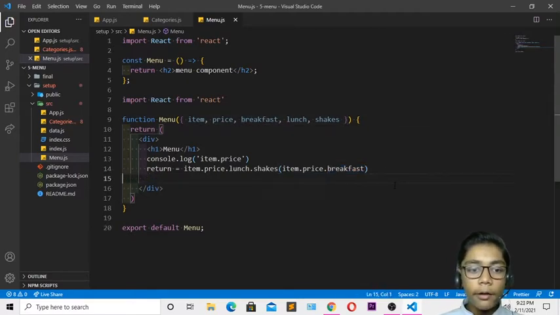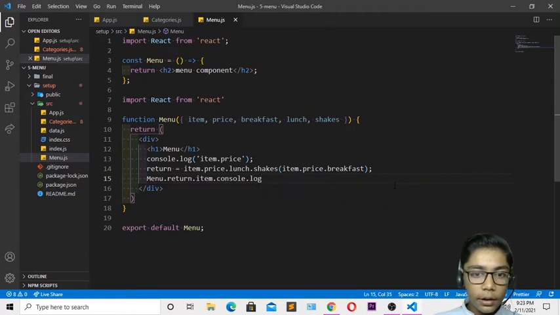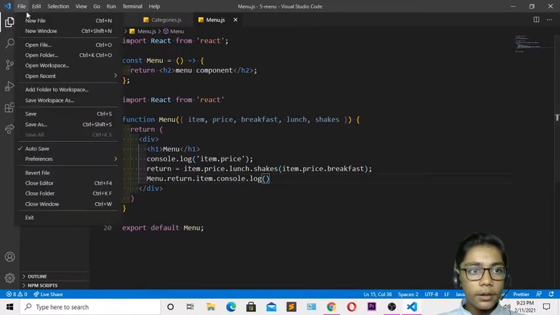So just now I will be just closing that over here because now I don't need it, and I will be closing this console.log also. So just close that by writing all these tags over here which we have created. Then you have to come over here now, and I will be writing over here menu dot, and I will be writing over here return. Just come over here and write item dot console. So I'll be writing over here console dot log, and just write over here like that, and now it is done. So when you've done that, just you have to write these brackets which will be just empty.